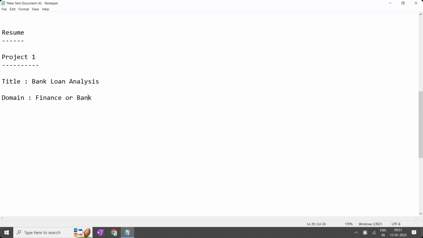Which sector's people are going to use this? If no sector's people are going to use it, then what is the use of doing the project? So the project should have some kind of real-time application. So I'm going to keep the sector or domain like this. Next, I'm going to give the description. Description means what I have done in this project.